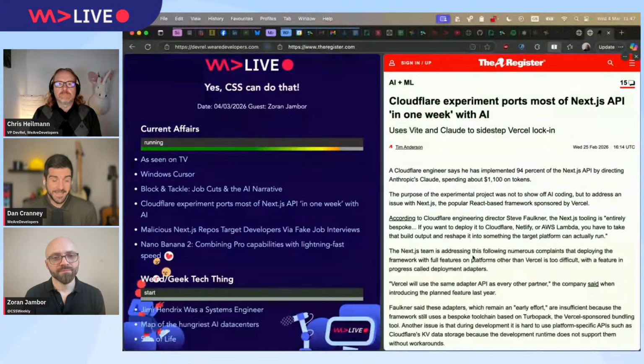So I think it totally makes sense that somebody from Cloudflare, this engineer, would try and recreate it, not just to show where the issues are, but also to try and help people, using the beauty of, I assume, open source, to let other people do the same thing and fight their way out of that lock-in. So yeah, really interesting, and it's hopefully going to put pressure on Vercel to fix some of these issues and bring it up to date.